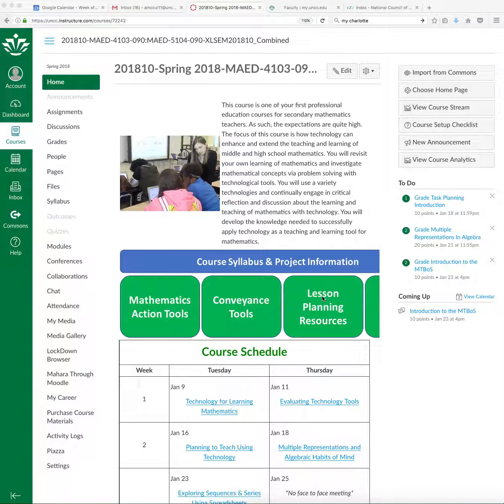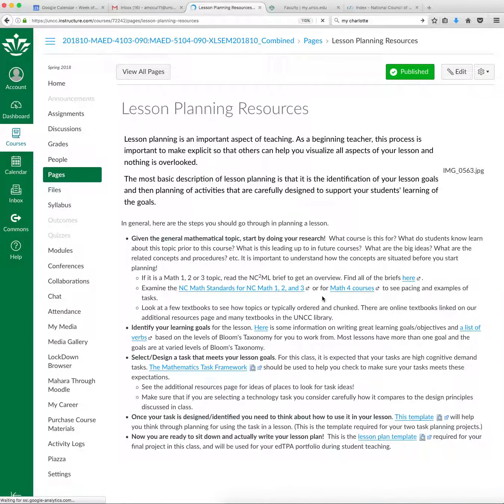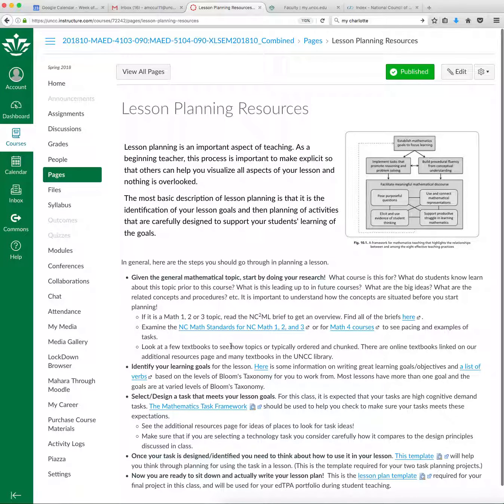So on our website, I've mentioned the lesson planning resources button there. Whenever you're getting started, you want to start by doing research on something. You're new to this, so it's hard for you to know when we say teach a lesson on, and I gave you the standard from last week, even the fact building an understanding of why the x value of a coordinate point of a graph of intersecting lines is the solution to the equation of f of x equals g